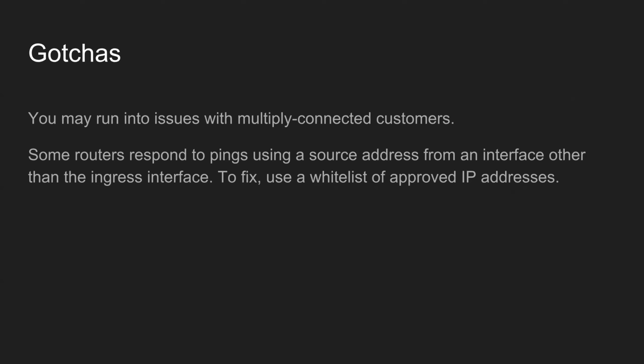And to fix that, we use the feature that you saw earlier in the filter, this definition of a whitelist. So, a good example, we have a connection to NOAA. We implemented this, and a few days later learned that our pings were failing, and so we looked into it and discovered that the packets we were getting back that were failing the RPF checks were coming from the correct router, but were coming from another interface on the router than the one that our request had been sent to. And so we simply added the other interfaces on that router, the other IP addresses, to the whitelist,